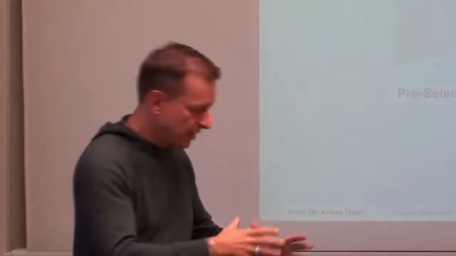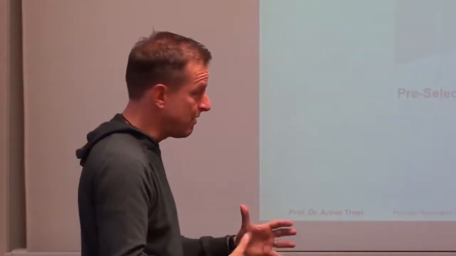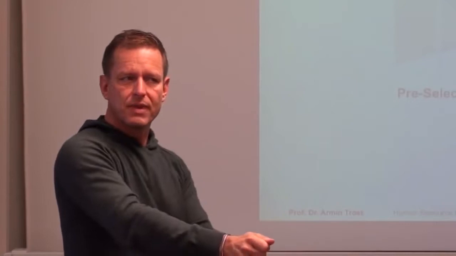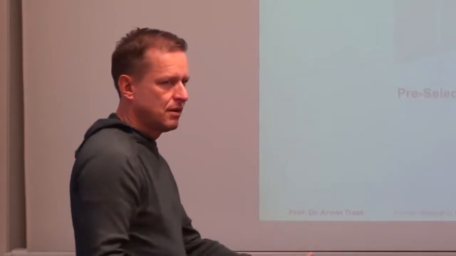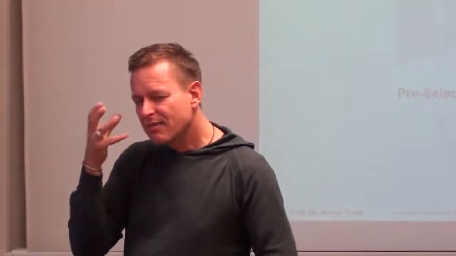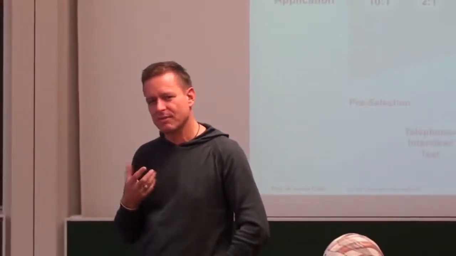So you want to fill a position of a software developer, and you have a candidate, and an educated, experienced recruiter looks at the CV for a second. He sees, okay, this person had a great career as a gardener. Reject. An experienced recruiter can tell within seconds whether there is a chance for this candidate or not. But the point is, it's not really valid. We talk about validity later, what that is, but it means: is it really the right decision? You can't be sure at this point of time.